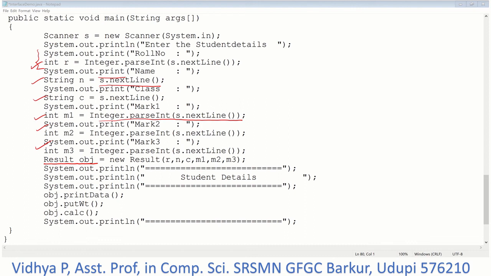Once we read the input, we can create an object for Result, and we can pass all these values as parameters to the Result constructor, and we will just call print data, putWeight and calc to print the data in a neat format. So we create the object and we print the details neatly. So this is your main method.